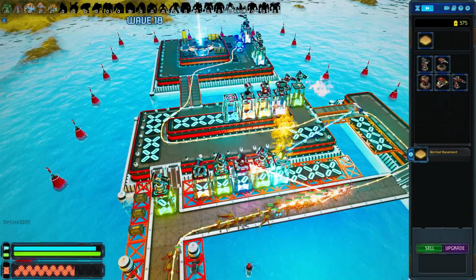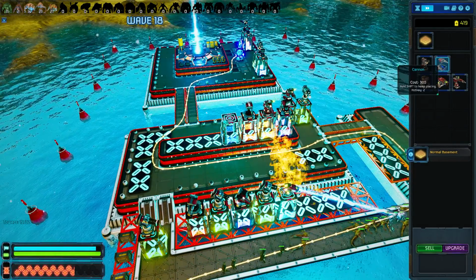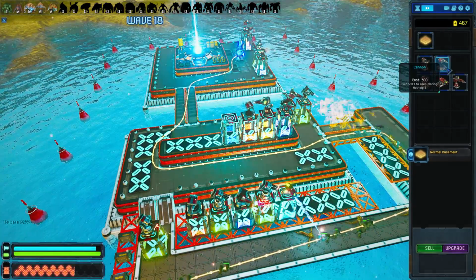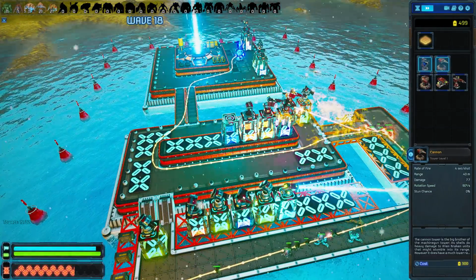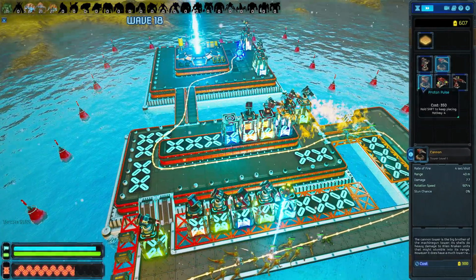And of course there's more towers to unlock, as you saw in the research. So this is not all that we're limited to. I'm just placing like random stuff. There's obviously much more in-depth strategy than this. Maybe like...